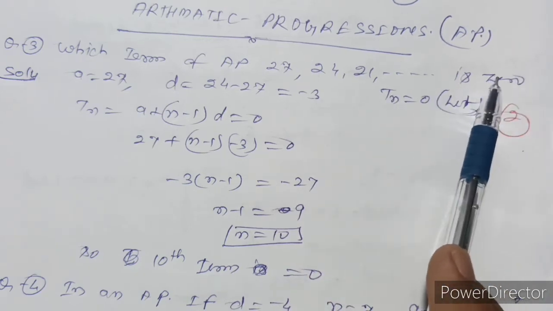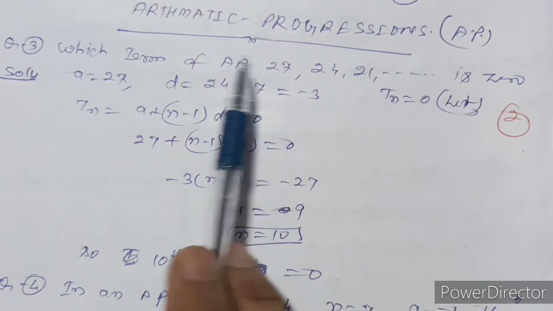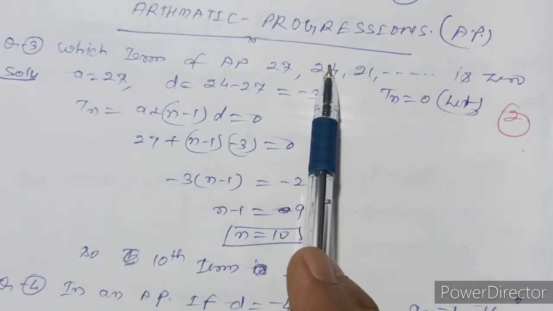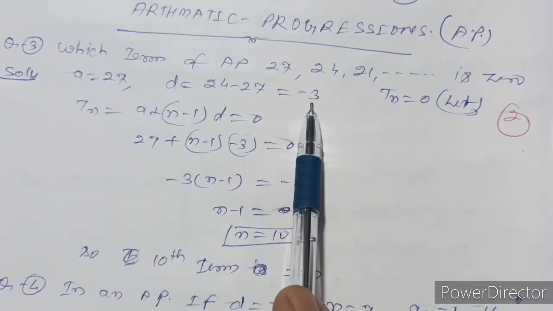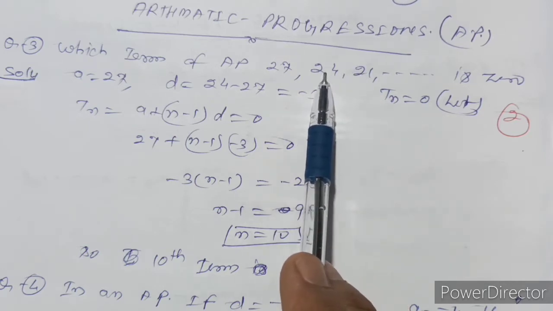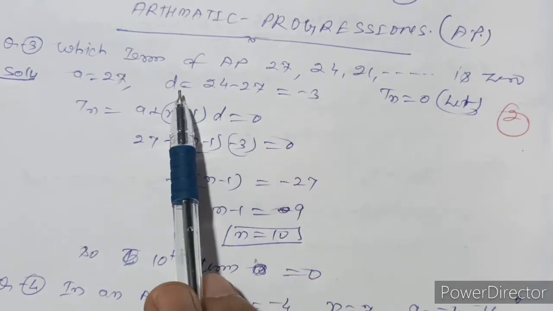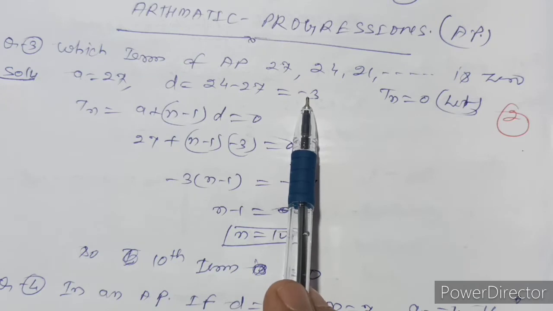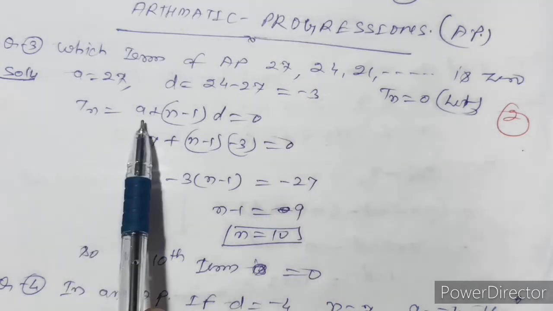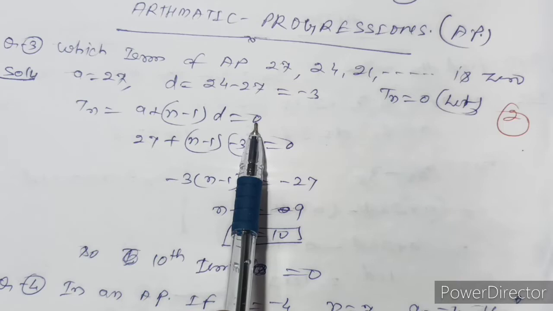That means the last term is 0 and the first term is 27. The common difference: 24 minus 27 is equal to minus 3, and 21 minus 24 is also minus 3. That means the common difference is minus 3. So using the formula of the nth term, a plus (n minus 1) into d equals 0,